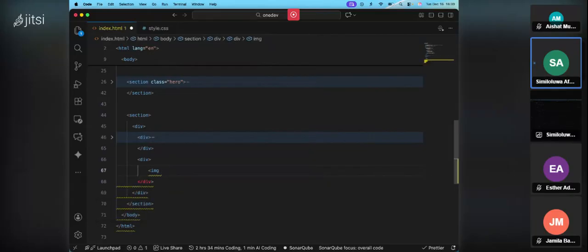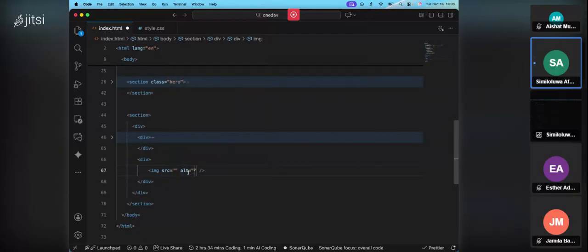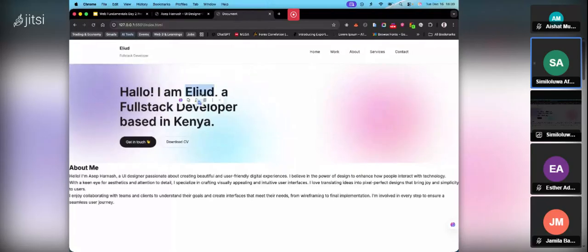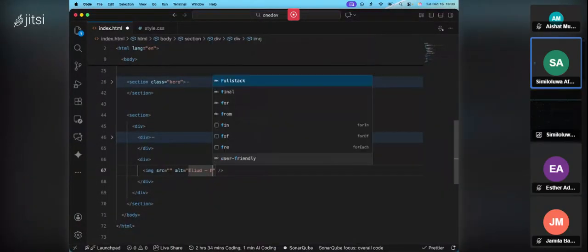Thank you, Jamila. So now we use the img tag, and we have our src, and we also have our alt. So this src is going to be the link of your image, while this alt is going to be like a descriptive text. For your image, it's always good to have a descriptive text. So what we will just do is we'll just say the person's name. What name are we using for this? Okay, use the name, and we say full stack